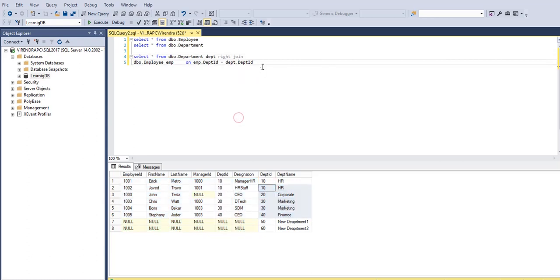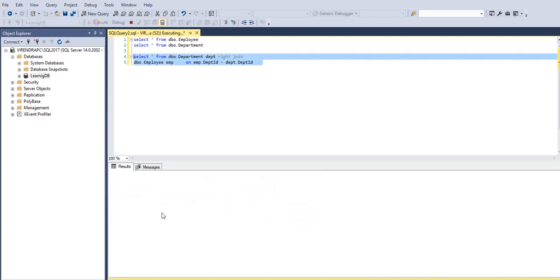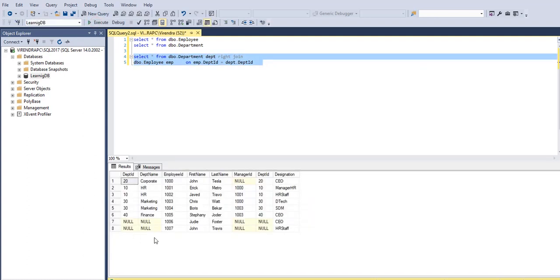So now we are going to see all 8 employees in this right join query. Right, so now you see we have all the employees retrieved even if the department is not assigned, and you see I don't have the new records 50 and 60. That's how the right join or left join works.